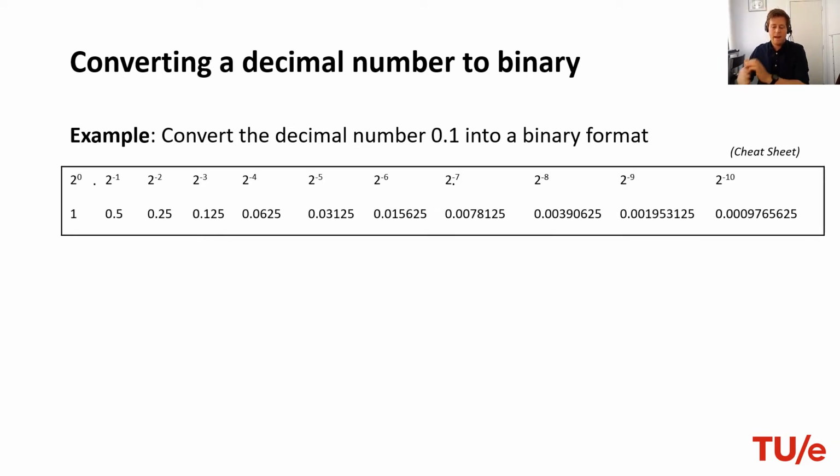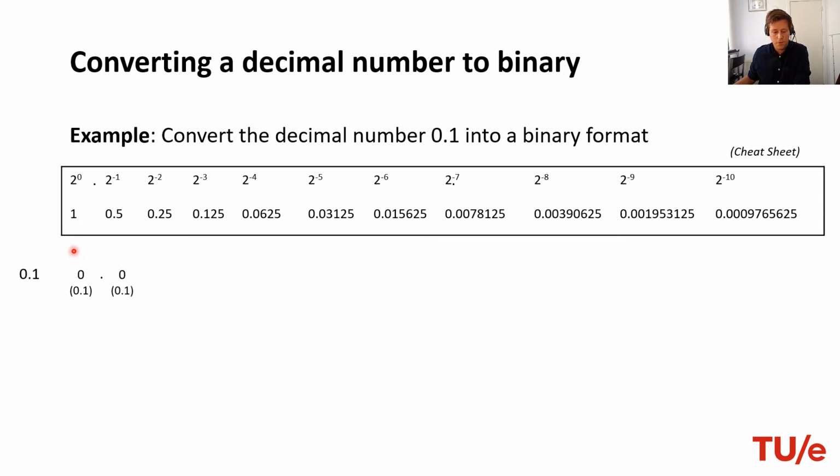Now let's take a look at a slightly more interesting or complicated case. The relatively simple number in decimal, 0.1 or 1/10, and try to convert this into a binary format. And again, I would encourage you to try to do this by pausing the video and seeing whether you can find the binary representation of 0.1. If we try to convert 0.1 into binary, well, we see that here we have a 0 because 1 does